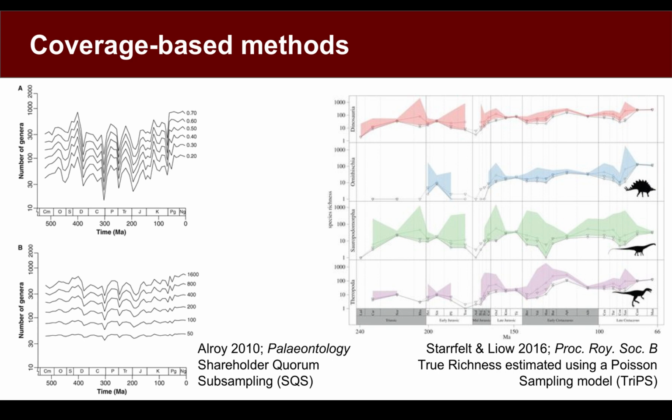So there are many existing coverage-based methods out there. This plot shows a couple of those. We've got SQS on the left here, specifically the top left. We've got TRIPS on the right here, but there's also things like Chao1 and squares, which is something we'll encounter in the scripts. Some of these coverage-based methods can be preferable to things like rarefaction, and the plot